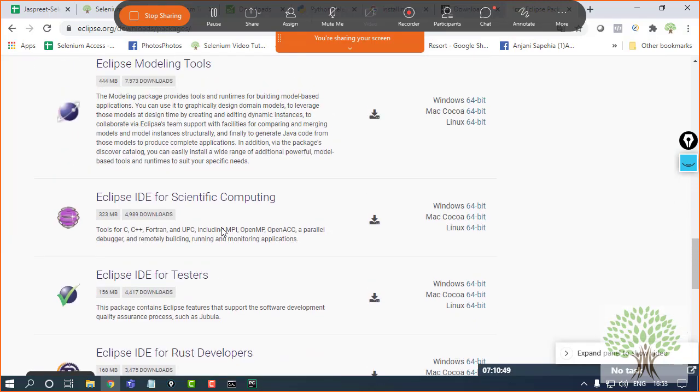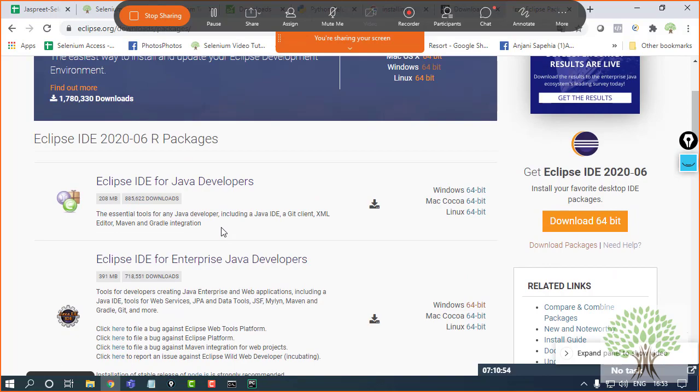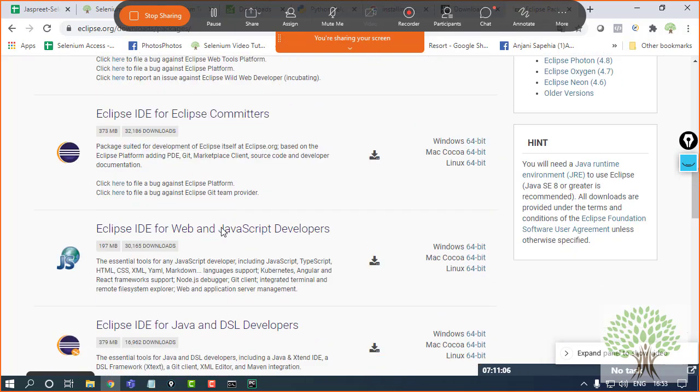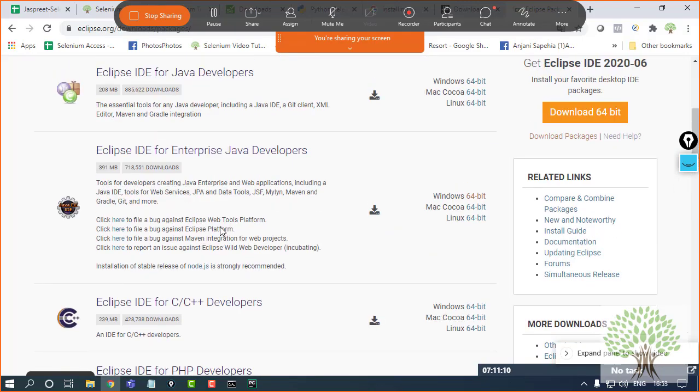I have a number of packages available. But if you click on any of the packages over here, this particular site is going to give you a full installer in which all the packages that are being displayed over here are going to be available. So from there also you can select it.